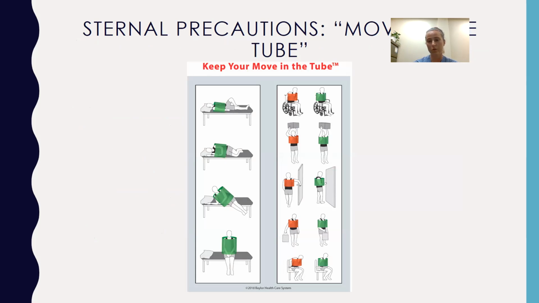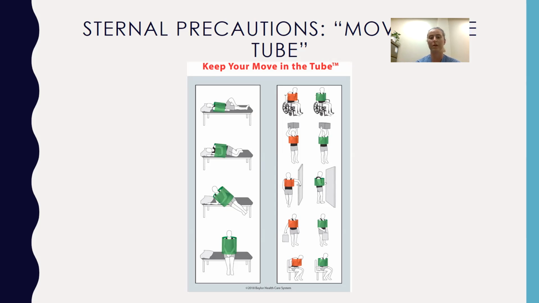However, with these new sternal precautions, the Move in the Tube, you have the patient go onto a log roll, and then they can use their forearm to press up and do an elbow extension, basically like a tricep press to sit up, which is much easier for the patient, and it's still maintaining those sternal precautions by keeping their humerus in by their side. This opens up a lot more possibilities for all sorts of functional mobility as well, such as wheelchair